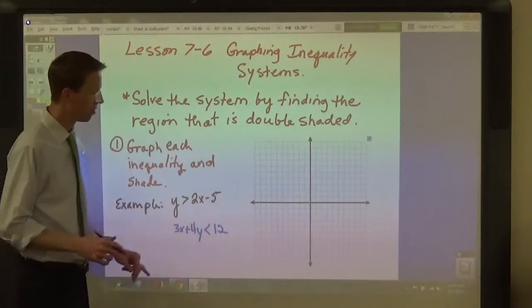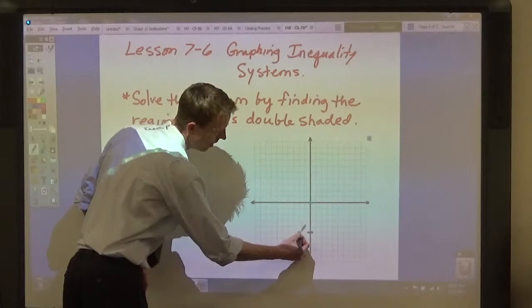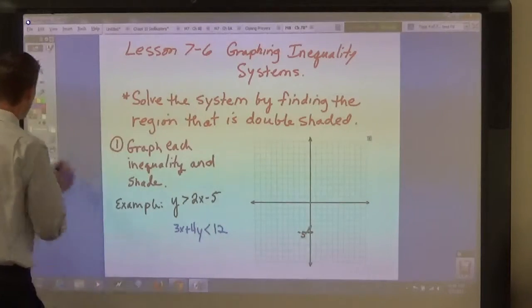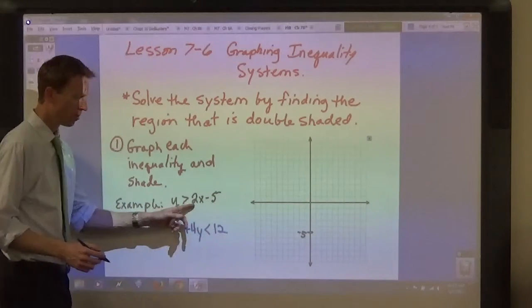So the y-intercept is -5. Yep, the y-intercept's -5. 2, 4, right, -5. And then go, what,